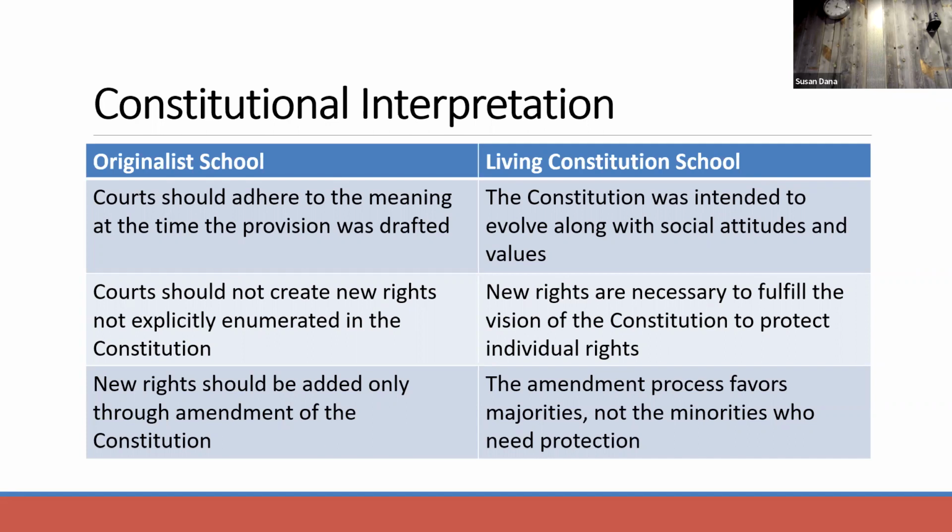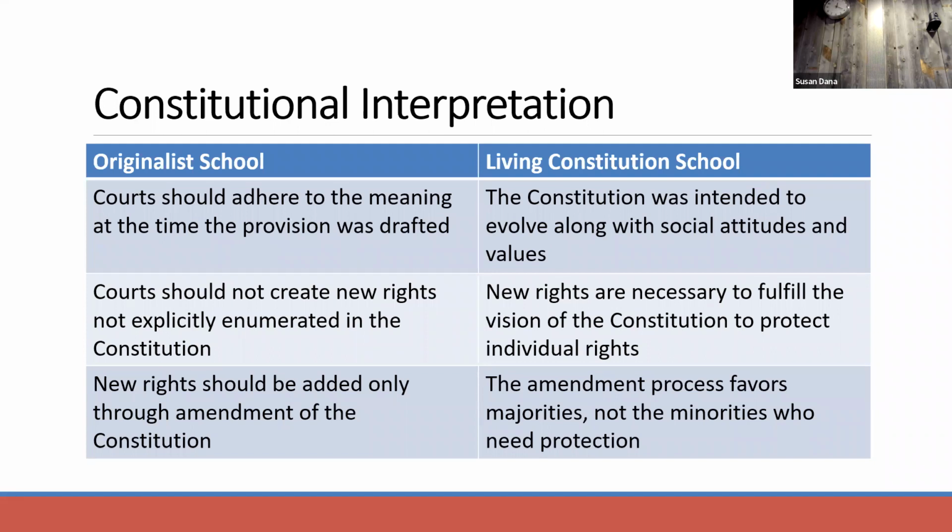So these are two different ways to interpret the Constitution. And importantly, a lot of the underlying question is about who gets to decide what rights we have. Is it the majority of the people, or is it the courts protecting the minority? And there are very good, strong, legitimate arguments on both sides of that. And that's what we see in the history of privacy under the US Constitution, including in Dobbs. So if you remember this, and I'll keep referring to this, but you'll see how this plays out in these